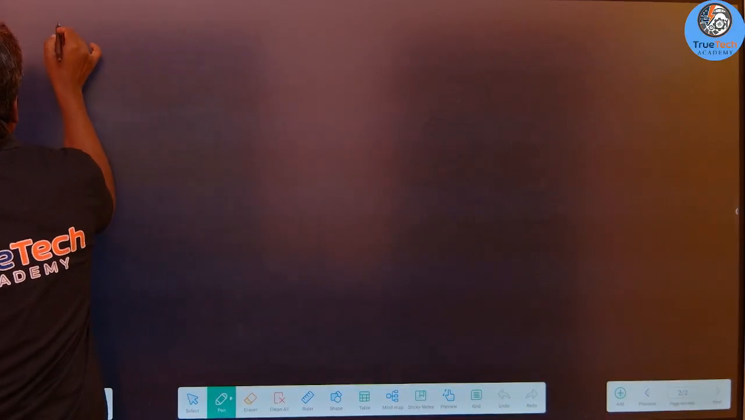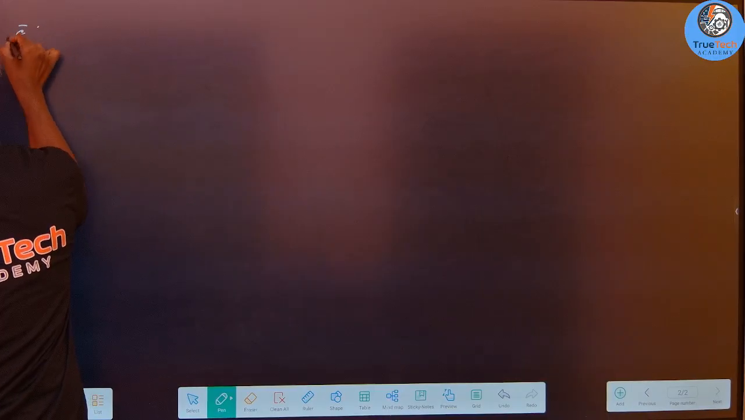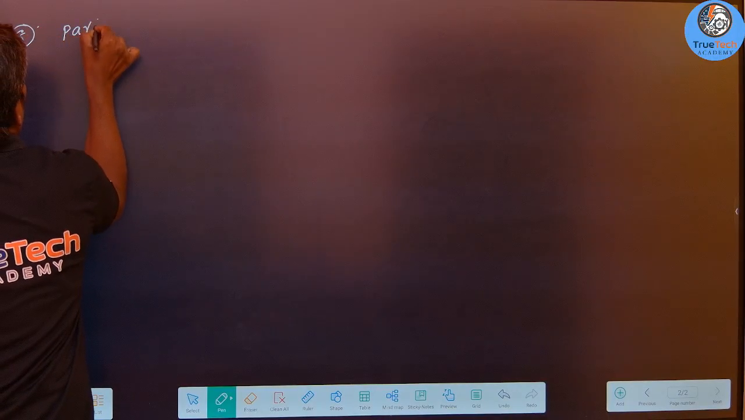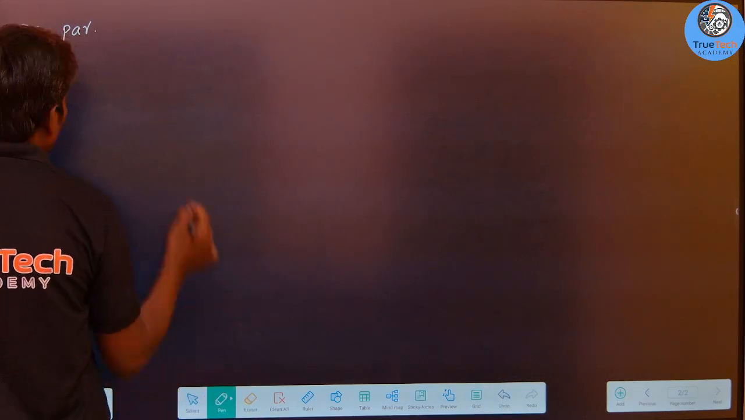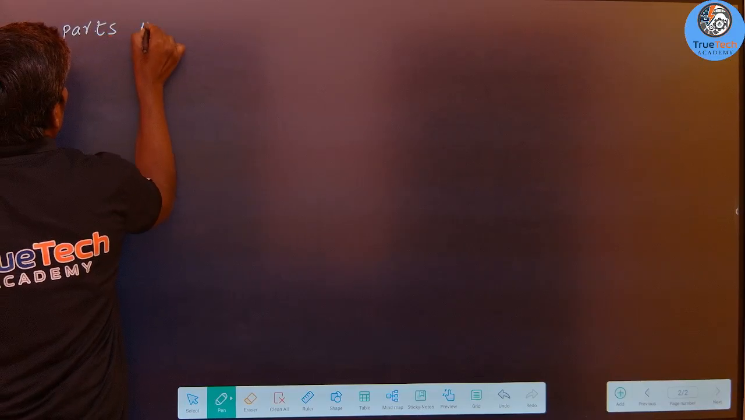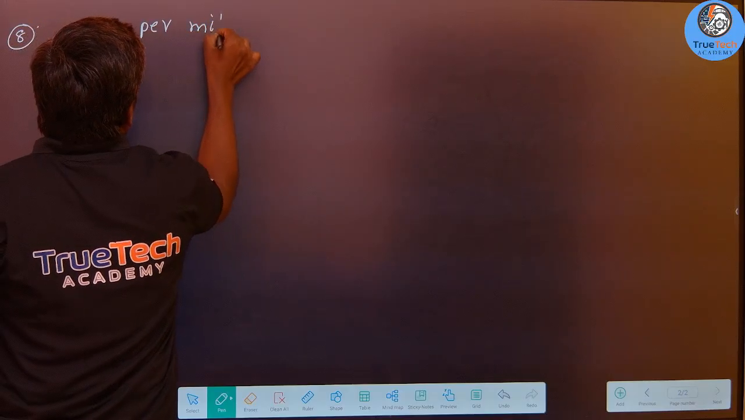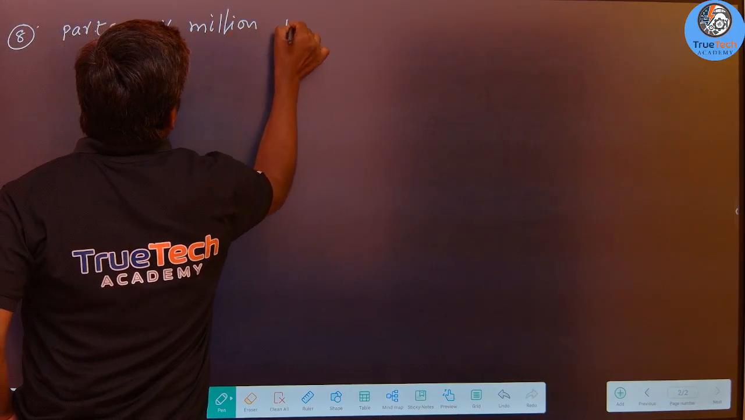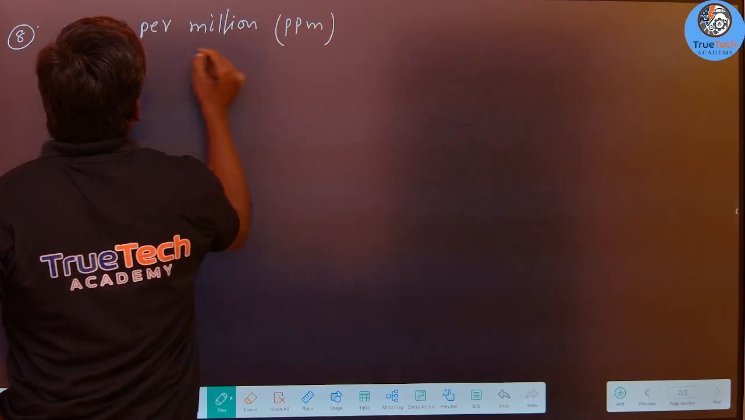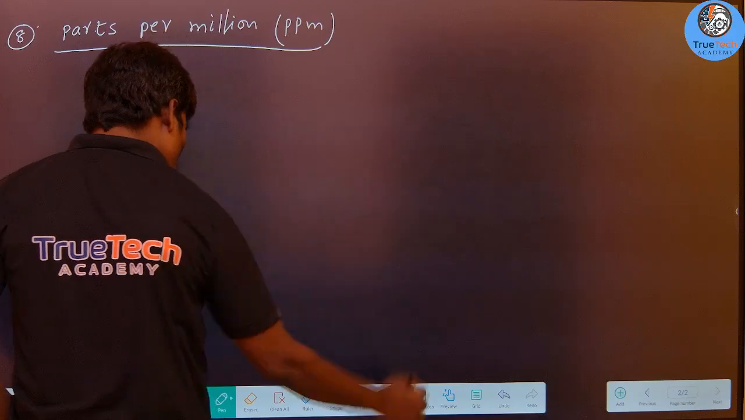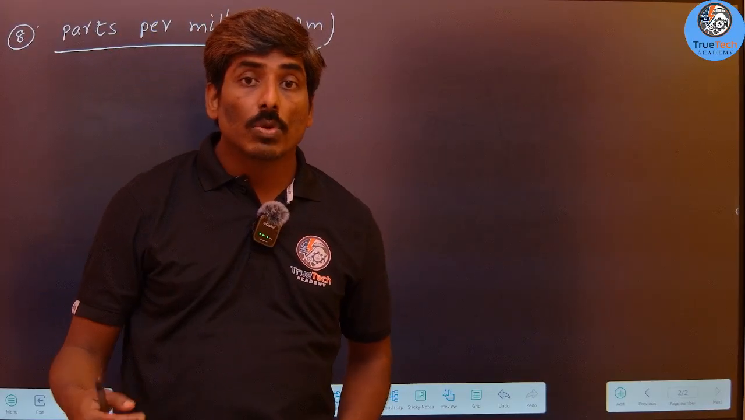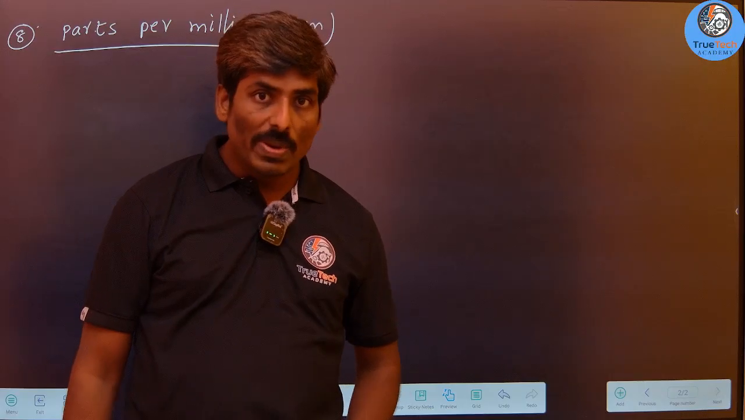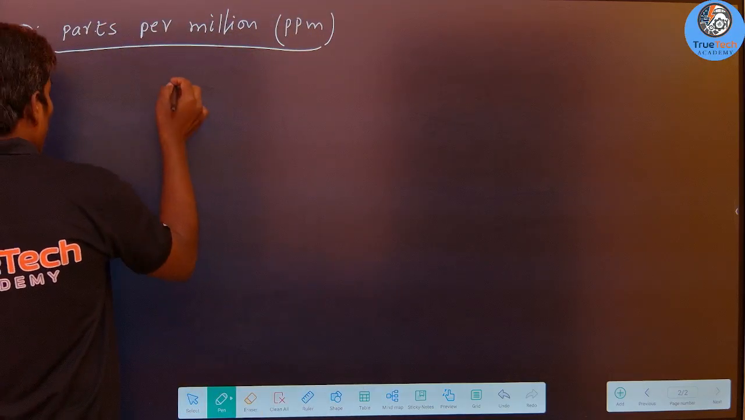So the next one is parts per million. So the next term is the eighth one, parts per million. In short, we will write ppm. ppm, parts per million. So here our interest is to find out the amount of solute in 1 million parts. So simply the formula will be